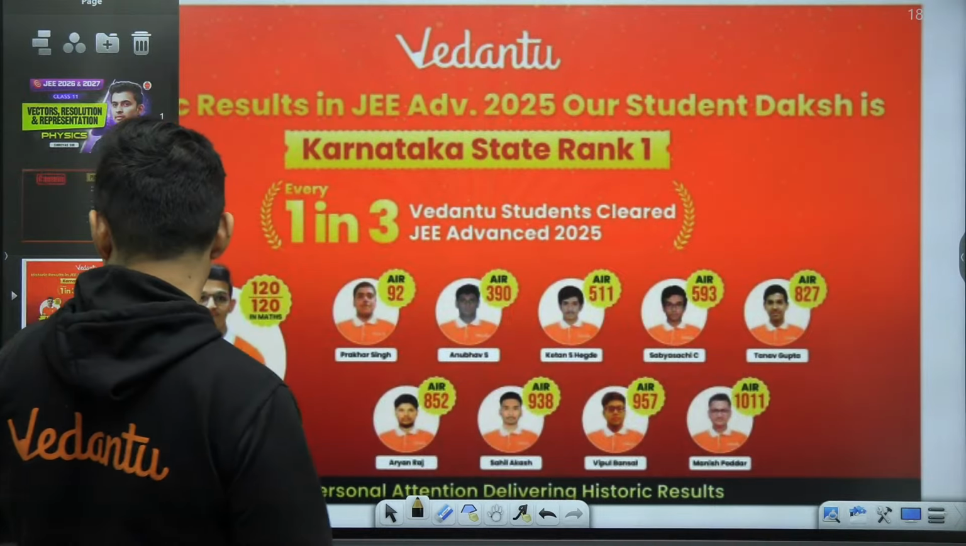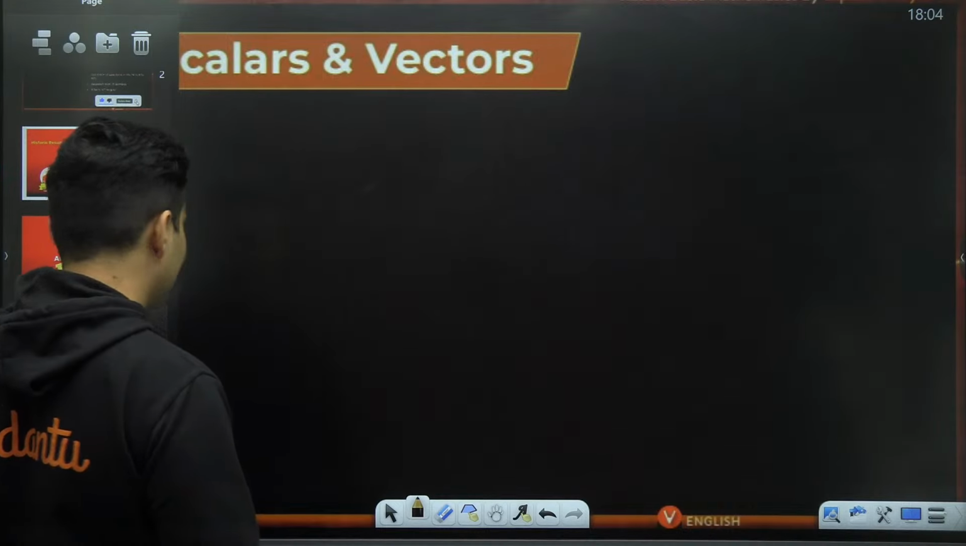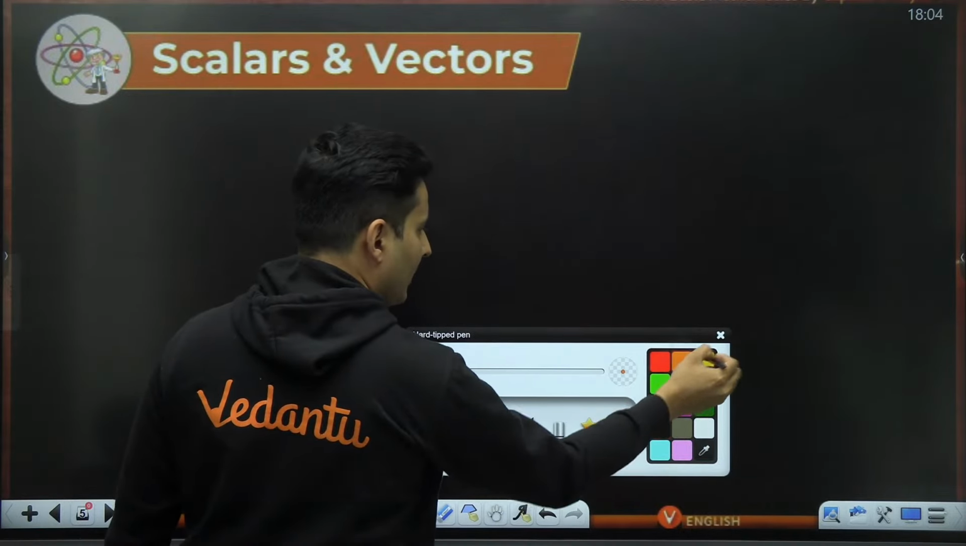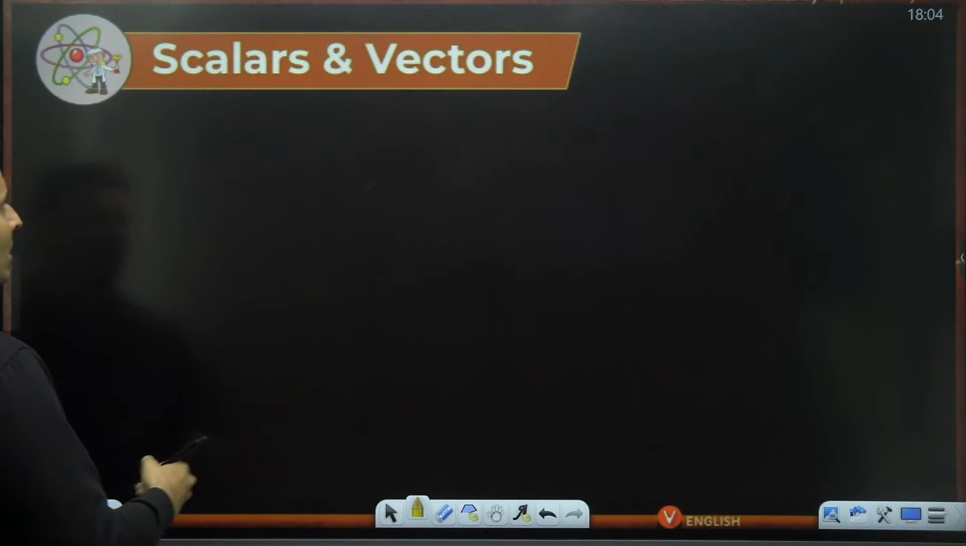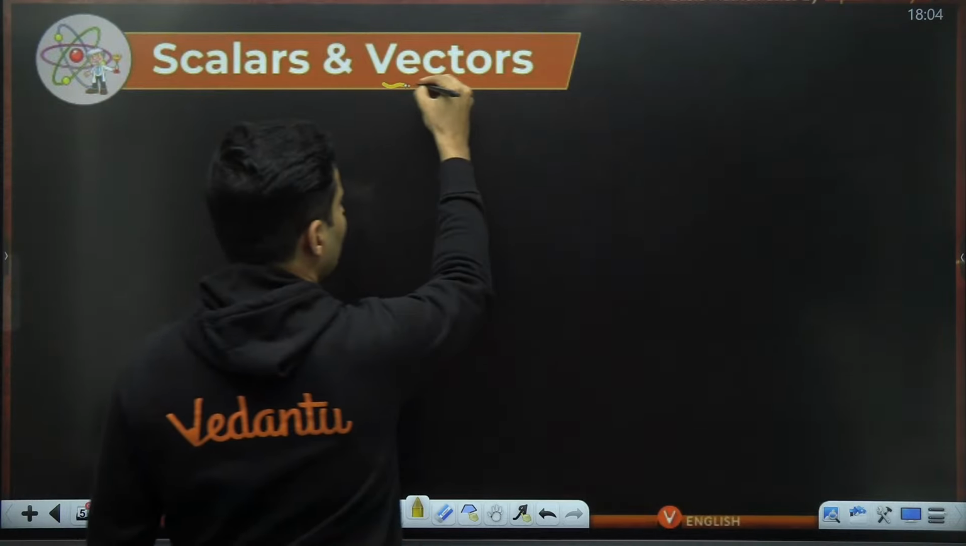And here is all about first scalars and vectors. First, let me talk about vectors and then we'll go to scalars. So vectors are basically those quantities